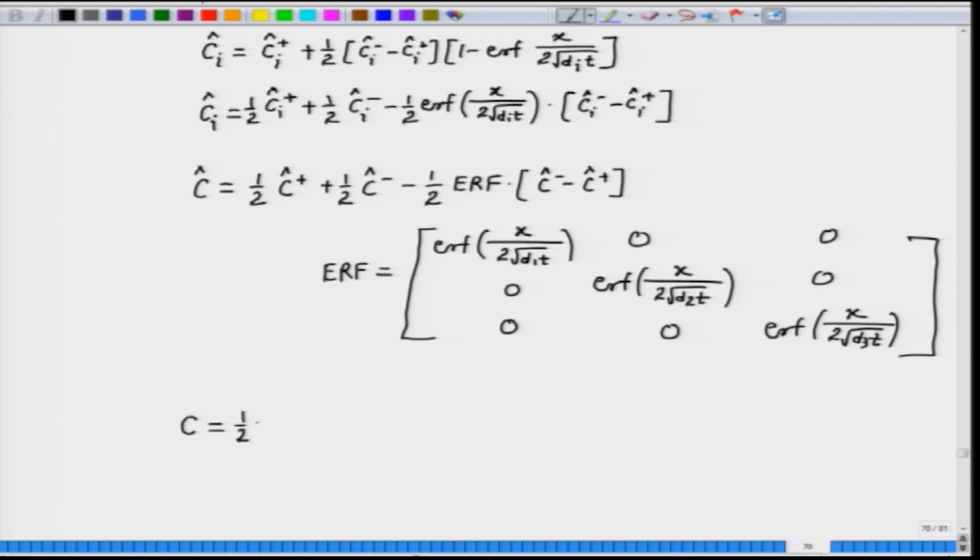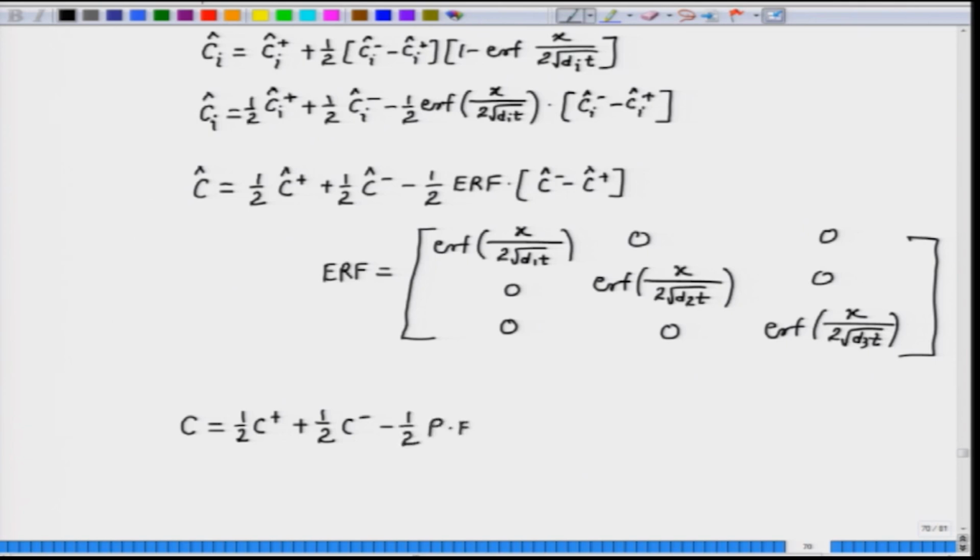So, half C plus, plus half P times C cap minus, is C minus, the matrix, more specifically the column matrix, of independent concentrations of left terminal alloy, minus half